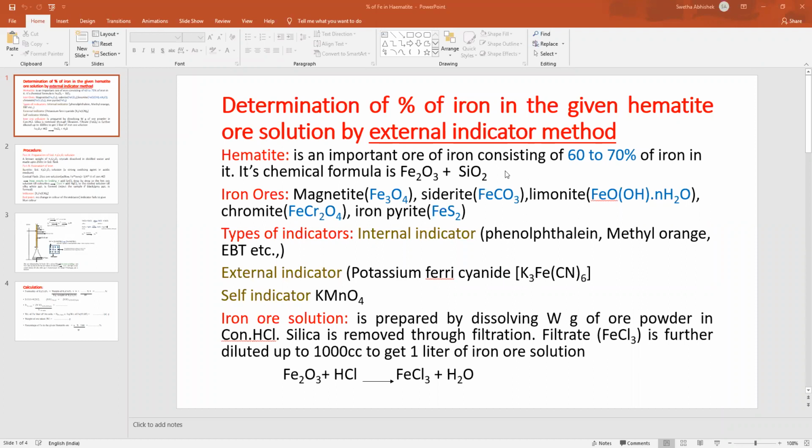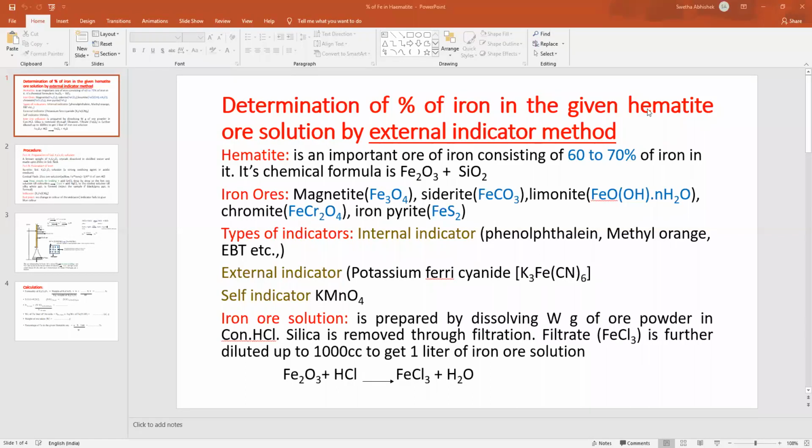Today, I'll be explaining estimation of iron in the given hematite ore solution by external indicator method. So the aim of this experiment is to calculate percentage of iron in hematite by external indicator method. Before we discuss what is external indicator method, let me see why we have to calculate percentage of iron in